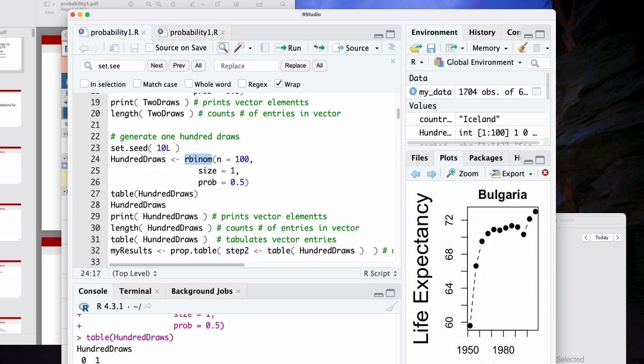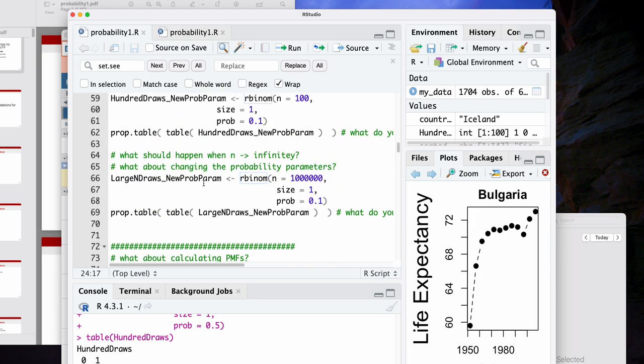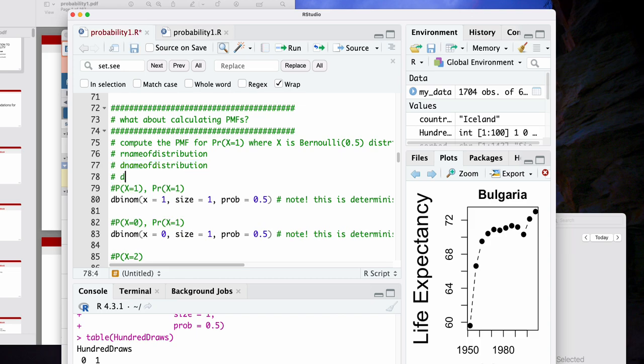Close. So the CDF, we haven't really introduced CDFs yet. If that word doesn't make sense to people, that's okay because we haven't introduced it. But you're totally right about the PMF, the D binom. Remember the D, name of distribution, is a way of evaluating the density or the probability mass. So you'll see things like D norm and so forth. These are all PDFs, or a PMF in the discrete case. When you see D, think probability density.